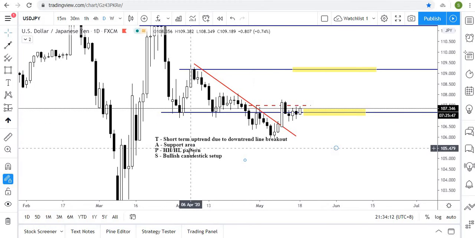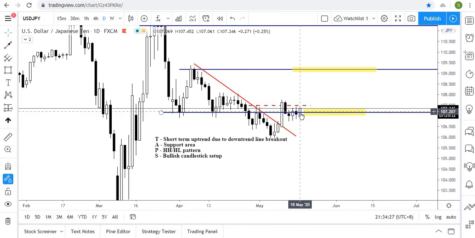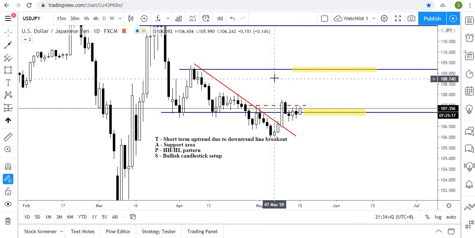So I should look at any buying opportunity at the support area, this yellow color. The price has been trading at this area for the third day, 1 2 3 4, and is entering the 4th day. Not sure if the price can close above this high. If it can close above this level, this bullish candle is a very strong confirmation to the upside, and the upside is